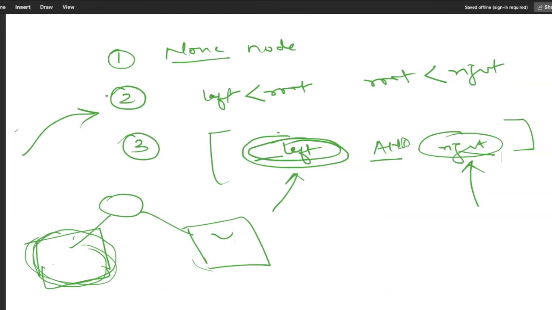Now the second statement is, we have to check for the left part and the right part.